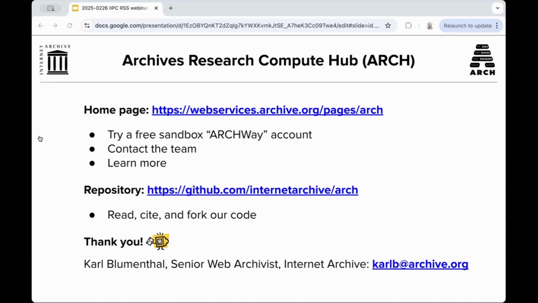Much more I hope to discuss here, including under the hood, a lot more about how Arch actually works. I hope with maybe the subject of a future event to dig into with our lead engineer, Helga Holtzman, and developer, Derek Enos. I just can't overstate how great a team they've been to work with on this project. And with that, I'll turn it over.